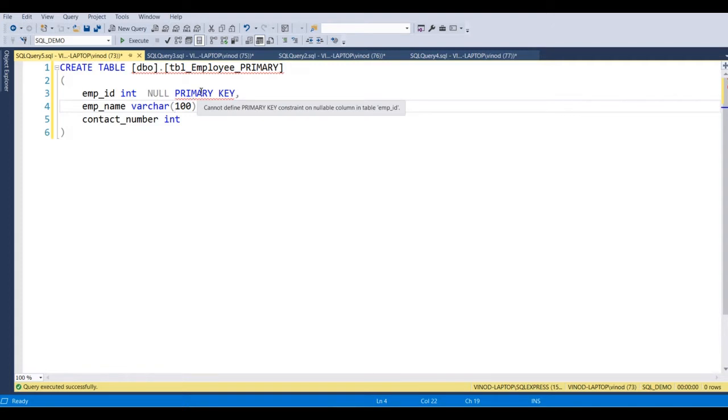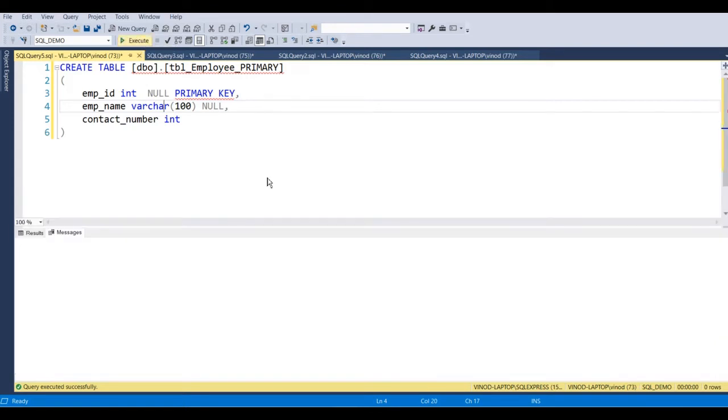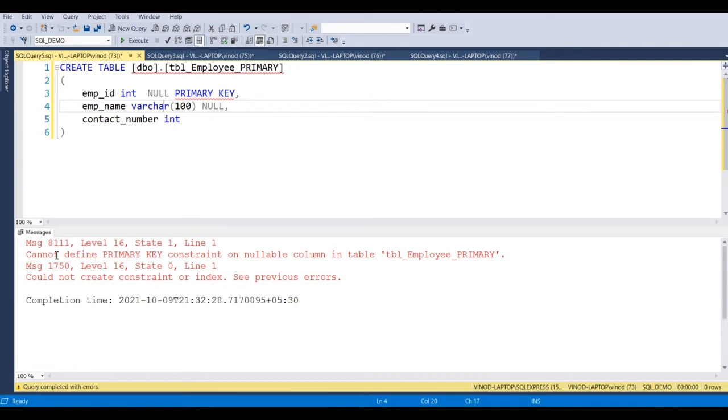It says cannot define primary key constraint on a nullable column in table for employee ID. Now let's execute it and see what the error message is. The error we are getting is cannot define primary key constraint on nullable column in table TBL employee primary. Could not create constraint or index.